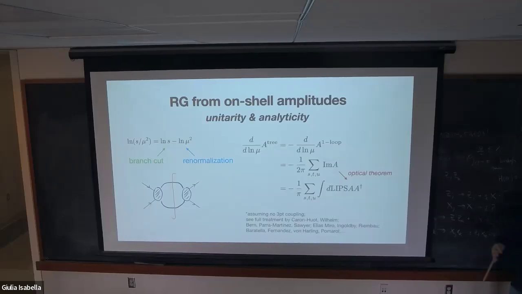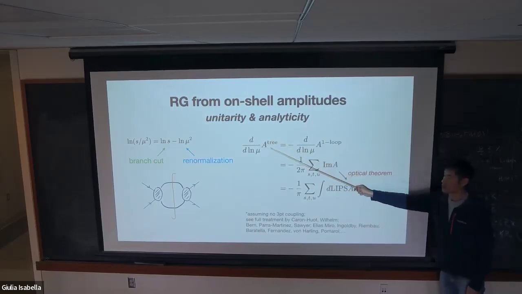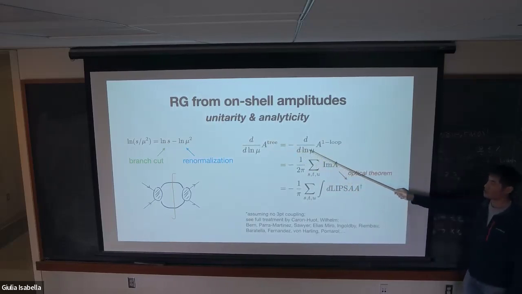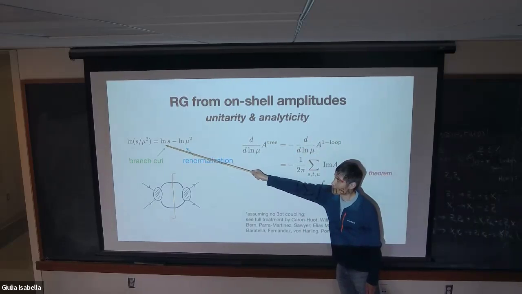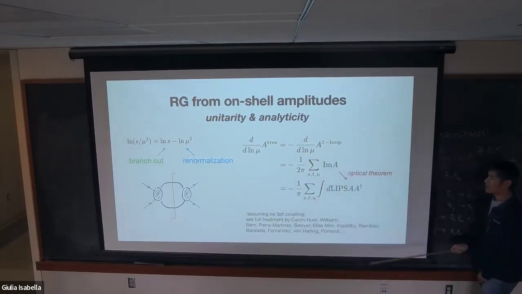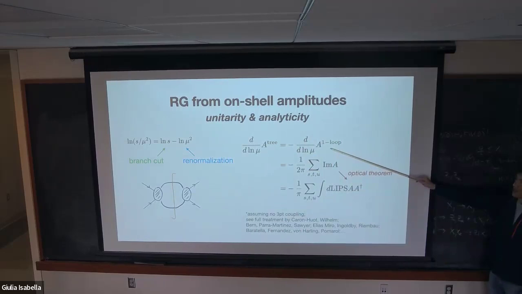But when you compute the full amplitude, it's invariant under the choice of mu, so the mu dependence of your renormalized tree amplitude should cancel the mu dependence of your one-loop amplitude. And because of this relation, the mu dependence of your one-loop amplitude corresponds one-to-one to the log of S, T, U. So we're summing the log coefficients of S, T and U separately, and the coefficients correspond to the discontinuity,